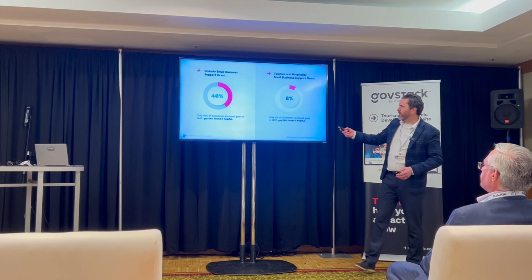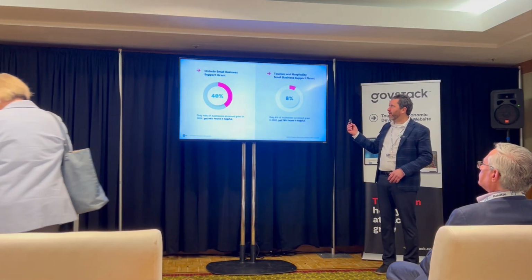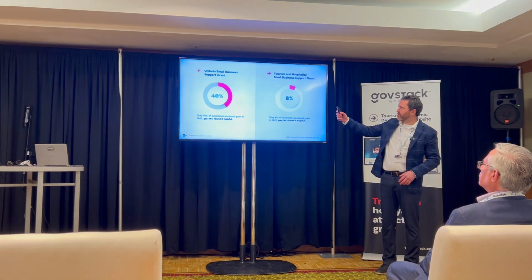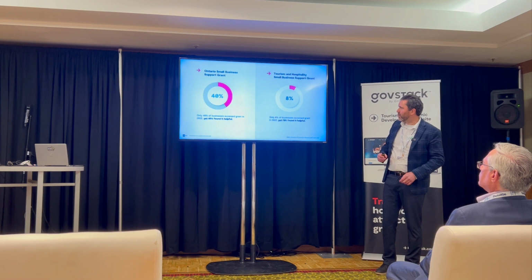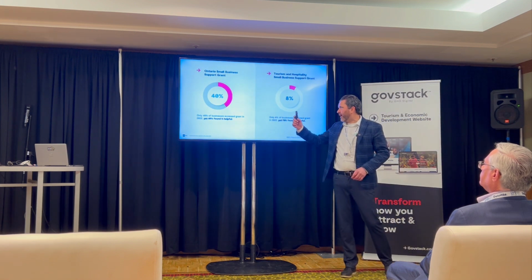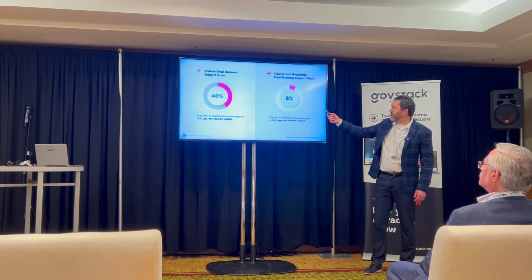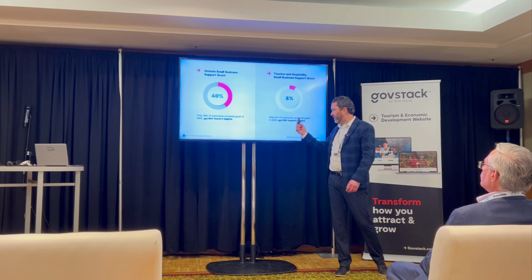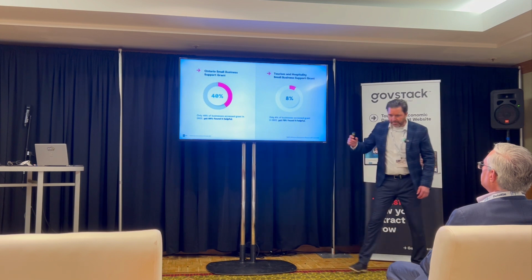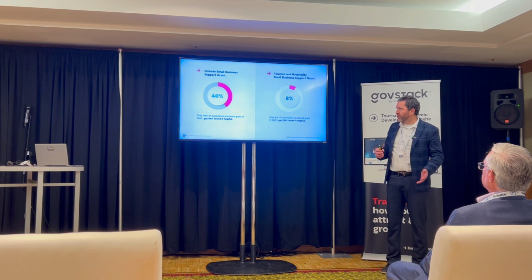This is from 2022, so it's about a year and a bit old. It's about 2 grants that the province provided: the Ontario Small Business Support Grant and the Tourism and Hospitality Small Business Support Grant. What we can see here is that 40% of businesses took advantage of the small business grant, 8% the tourism one, yet 85% found that grant to be helpful when they did take advantage of it, and 75% on the tourism one. So obviously, it was very effective, and people had great advantages using that grant.